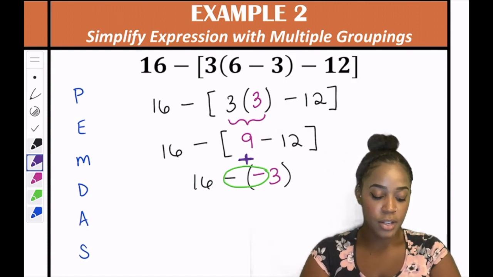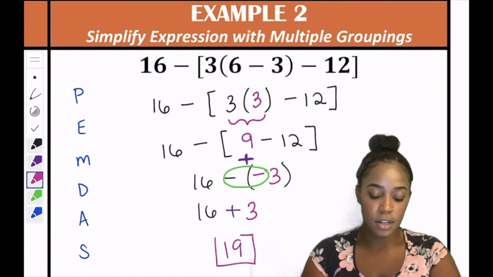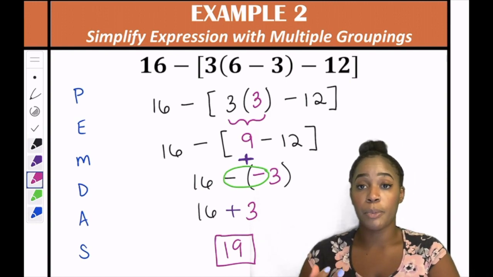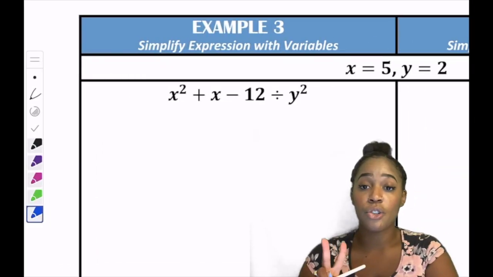So I'm gonna rewrite this just so it's cleaner. That means I'm actually doing 16 plus 3. 16 plus 3 gives us 19, and 19 is our final answer after we simplified this expression that had multiple groupings. In these next two examples, we're going to be simplifying expressions that have variables in them,